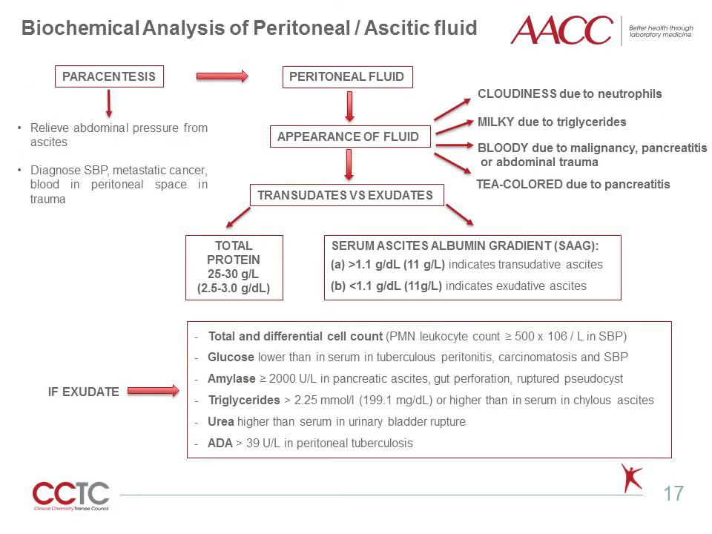Peritoneal fluid is obtained by paracentesis, a procedure in which a needle or a catheter is inserted in the abdominal cavity to remove the fluid that has been collected. Paracentesis is indicated to relieve abdominal pressure from peritoneal effusions, diagnose spontaneous bacterial peritonitis, metastatic cancer, and blood in peritoneal